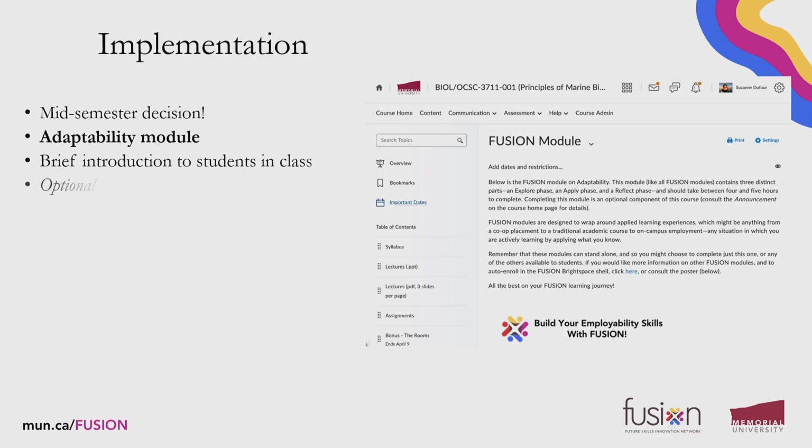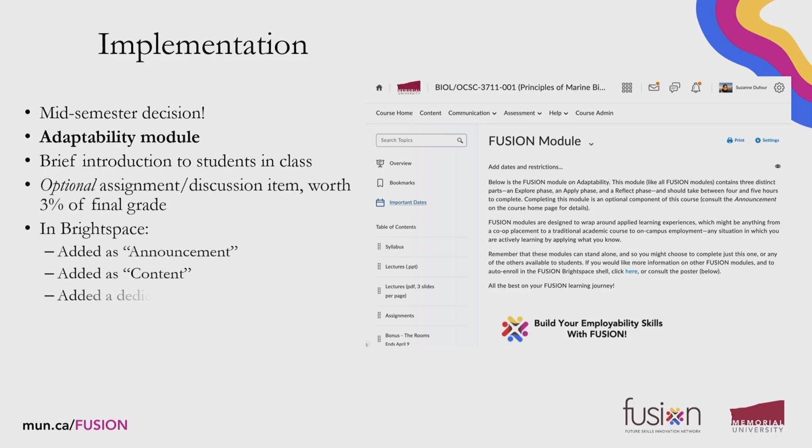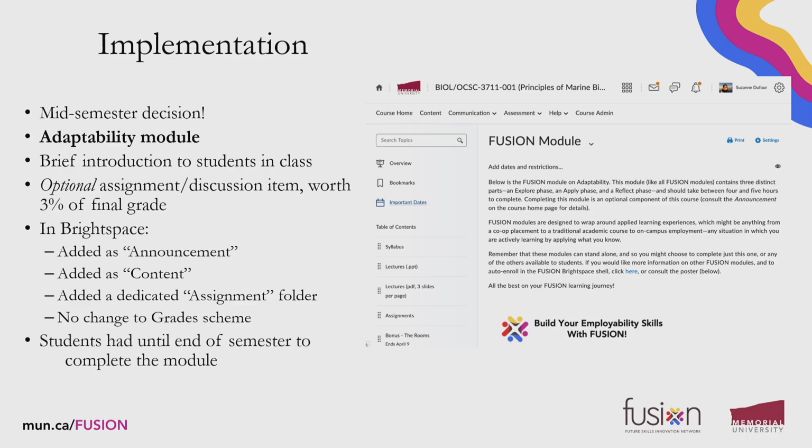So how I decided to do this is maybe not a typical way. I had a conversation with Ian in early winter semester. I'd already known about the basics of Fusion. I heard about it. I knew about the modules. I knew this existed. I knew there was a curricular version of it, but I hadn't planned this as part of a syllabus